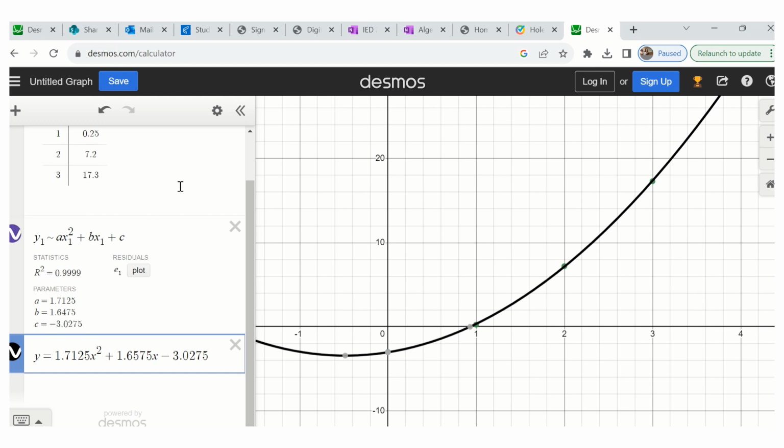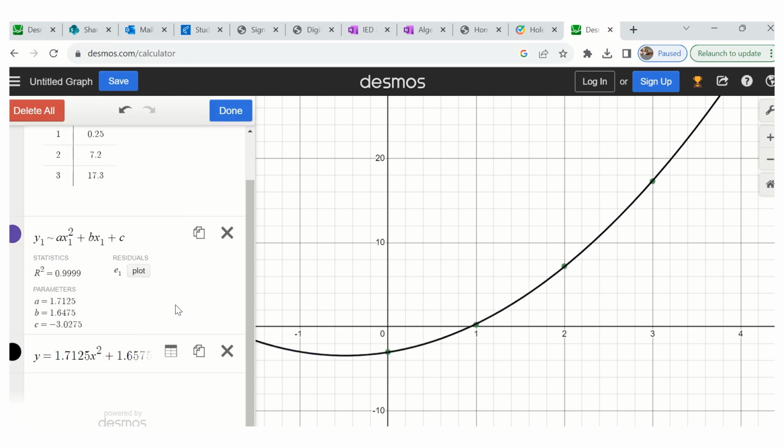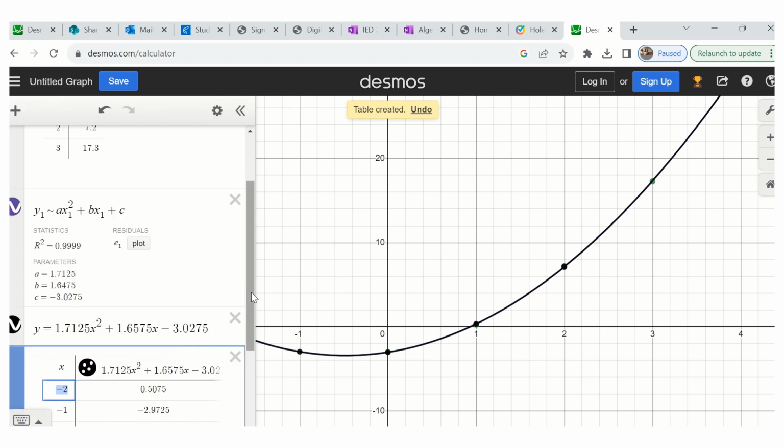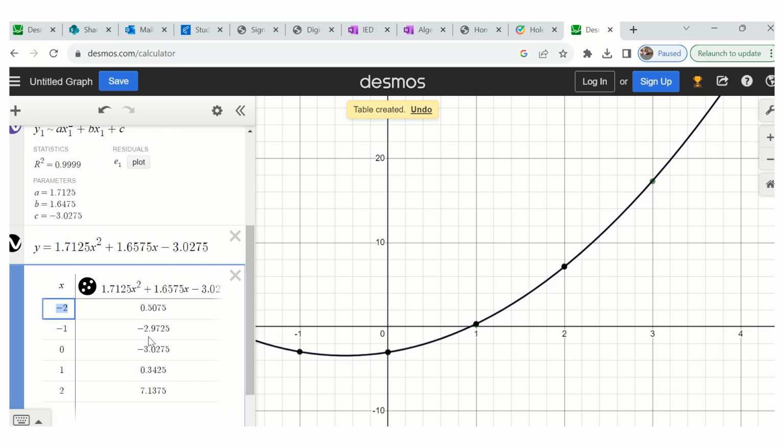Now, once again, I'm going to change this to a table so that I can make some predictions. You can also do predictions by using the equation itself, but you might find it easier to do this by clicking the little gear and then saying create table, and say if you wanted to make a prediction when x was equal to 4, we can delete the x value, type in a 4, and so when x is 4, we would have a value of about 31.0025. If I wanted to make a prediction when x was 10, when x is 10, y would be equal to